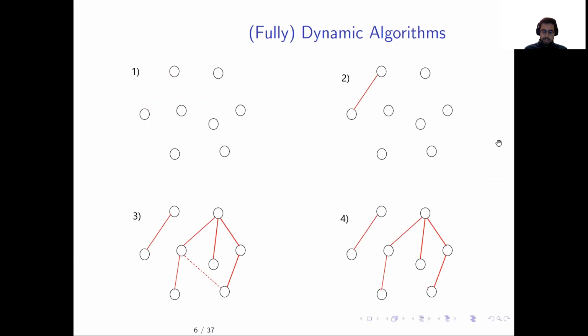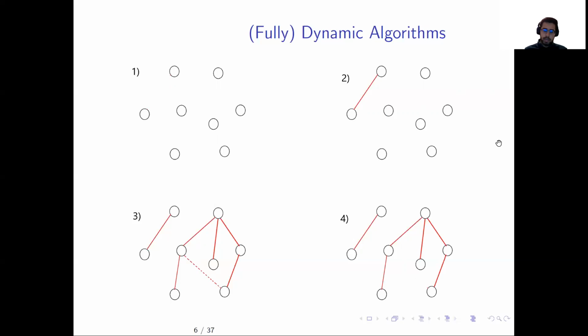So the talk is actually about fully dynamic algorithms. So let's just define those algorithms. Fully dynamic algorithms are algorithms which handle changes to the underlying graph. And for those changes, we assume that there will be edge updates instead of vertex updates. So the vertex set of the graph is fixed, and there will be edge insertions or deletions